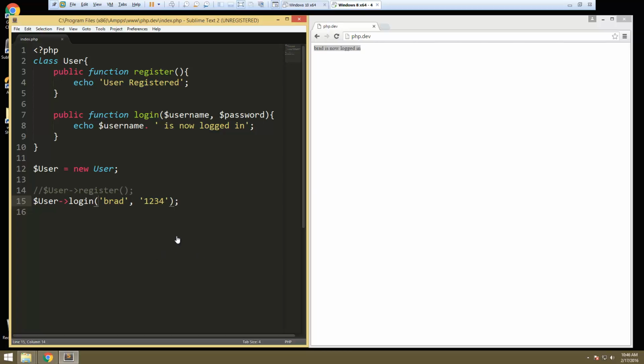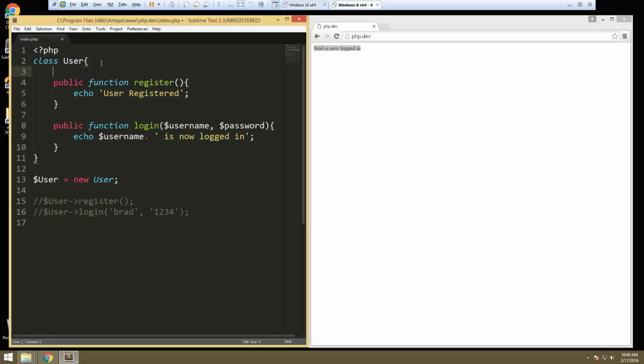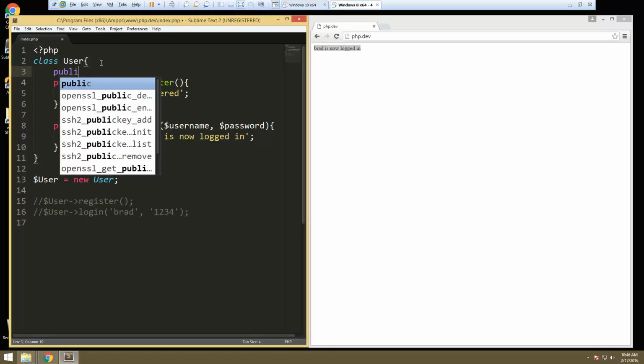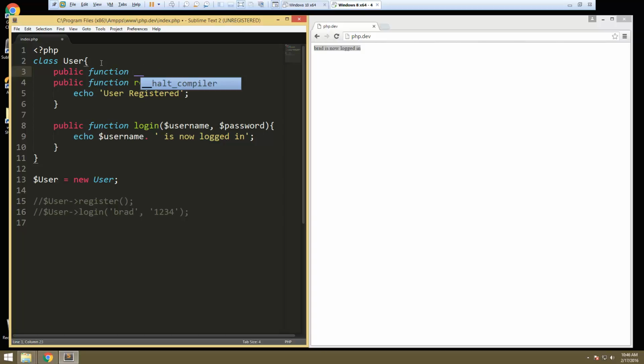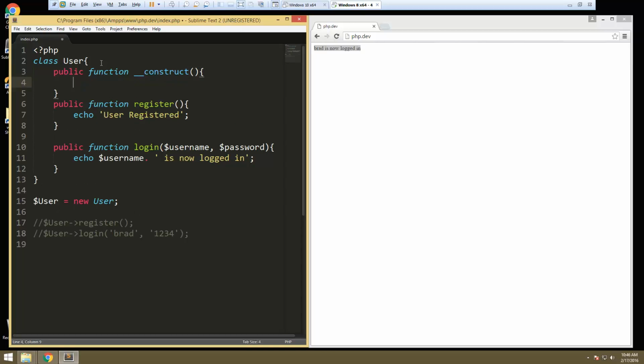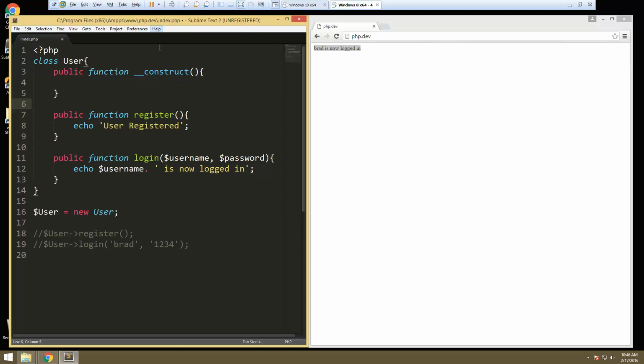Now, the last important thing that I want to show you about classes and methods is the constructor. Let me comment this out. We're going to go up to the top here, and we're going to say public function, and then we want to use double underscore and then the word construct. Set it up just like a regular method, and then in here, let's just say echo